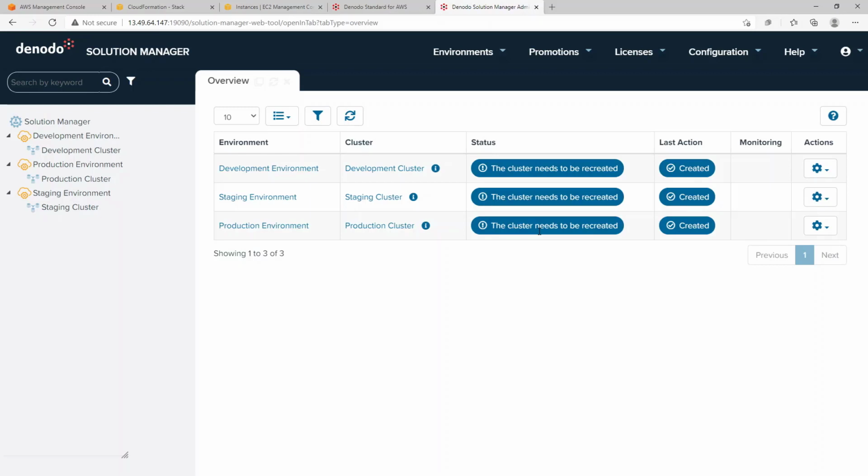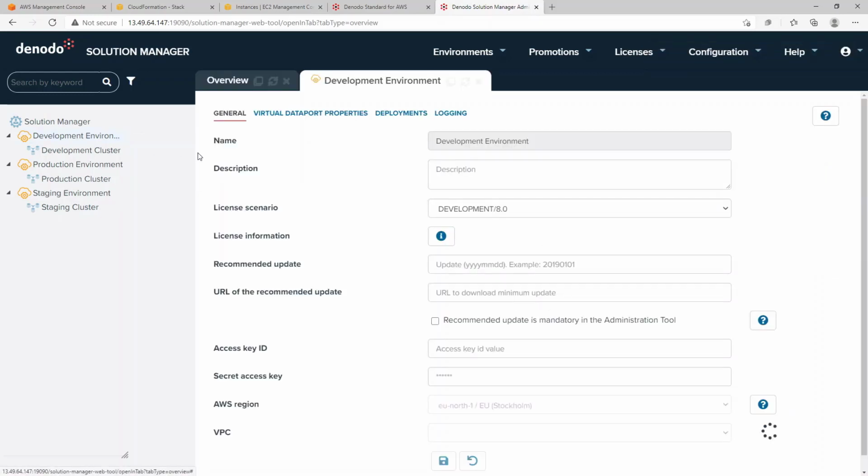Each environment has a default configuration. For instance, if we open the development environment, you can see the predefined name. It has also assigned the corresponding license scenario, in this case development, and it is by default in the same region and VPC as the Solution Manager instance.